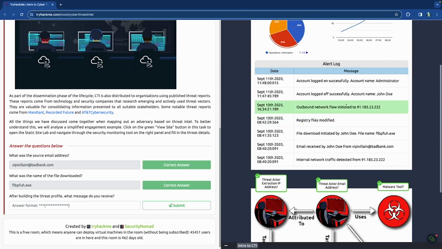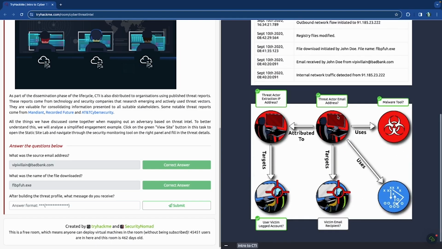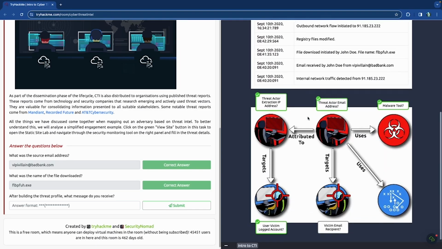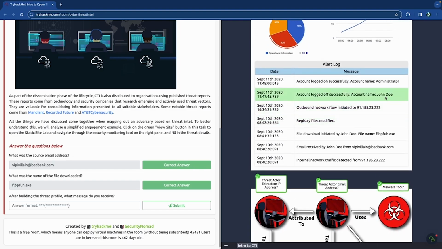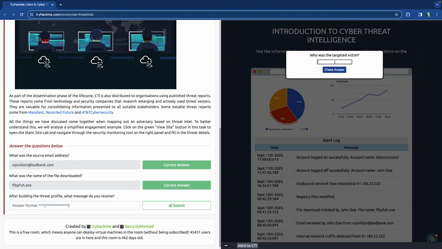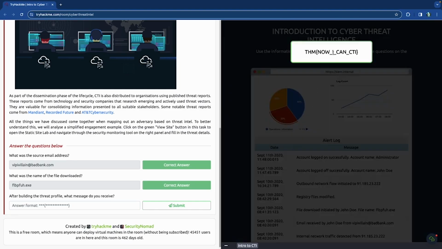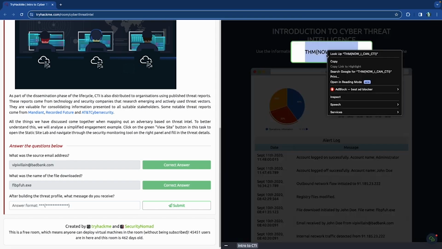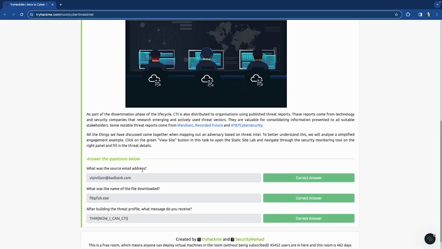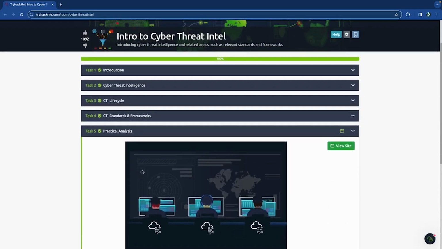And the victim email is, who's the victim email? Is that what it said? Yeah, victim email recipient. Oh, I see. I only need their name. I don't need their actual email. I understand. This entire time I've been trying to find their freaking email address. John Doe is the victim. All right, so now CTI is our flag. And there's that. Okay, so that was our room on cyber threat